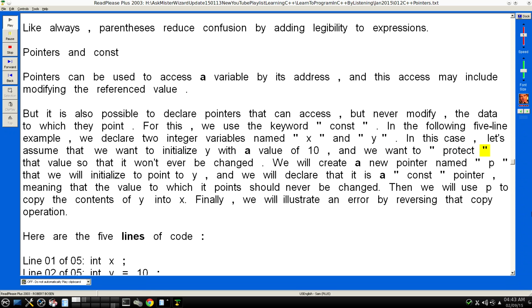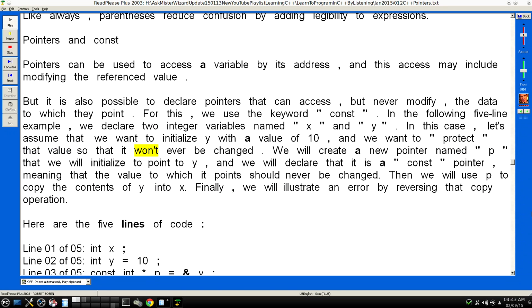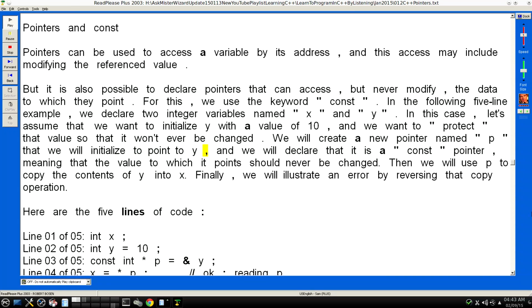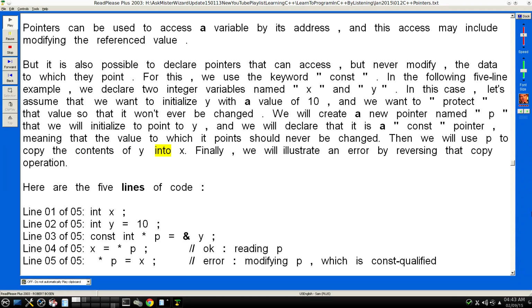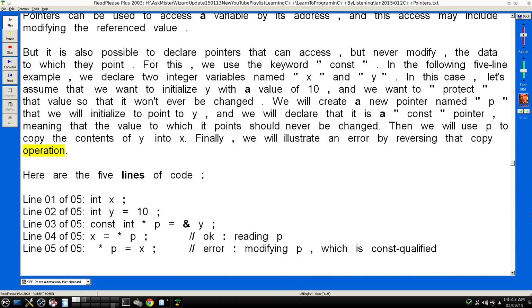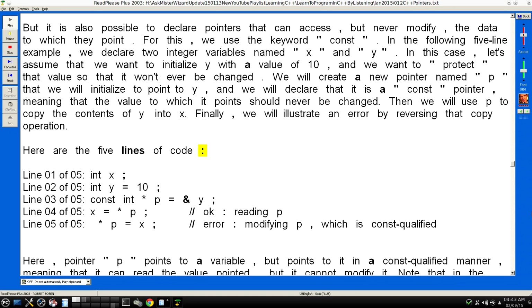In this case, let's assume that we want to initialize y with a value of 10, and we want to "protect" that value so that it won't ever be changed. We will create a new pointer named "p" that we will initialize to point to y, and we will declare that it is a const pointer, meaning that the value to which it points should never be changed. Then we will use p to copy the contents of y into x. Finally, we will illustrate an error by reversing that copy operation. Here are the 5 lines of code: